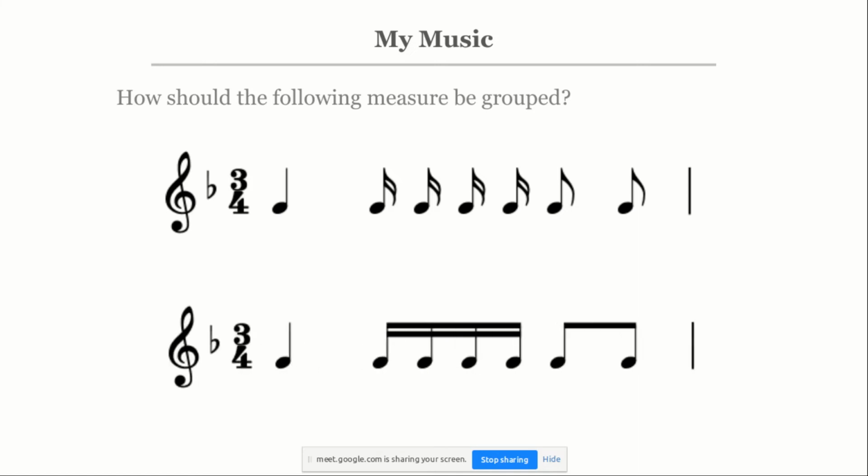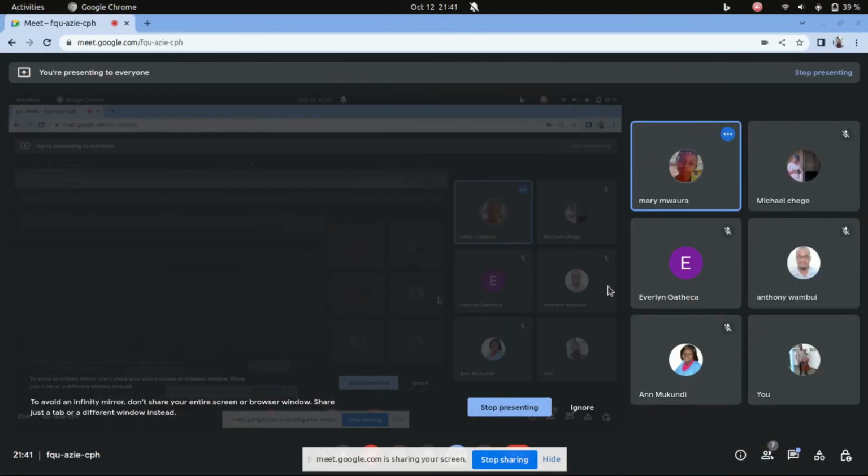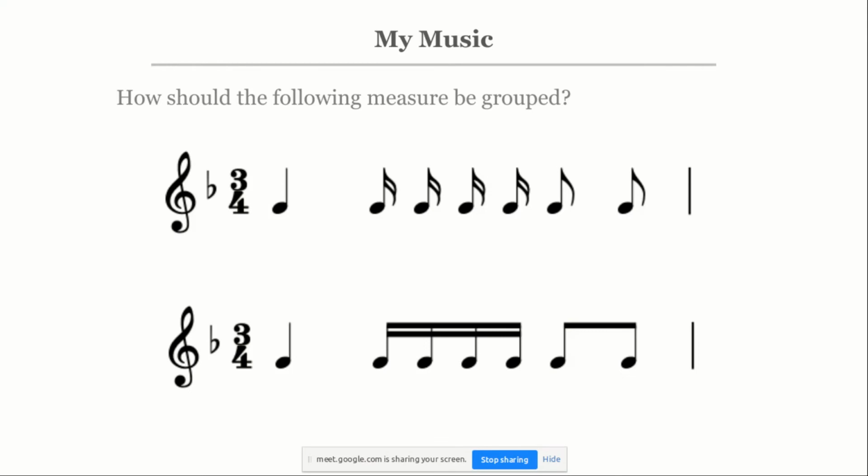And you can see they are clearly 3 beats. This is why we group notes. If we don't group notes, they look confusing, even in reading. But when you group them, you can clearly see the first beat, second, and the third beats. Okay. Thank you. I hope it now makes sense. Yes, it does. And Mokundi, are we together?